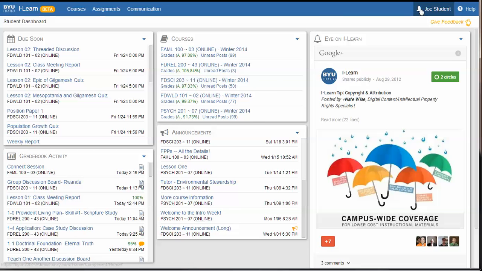In the upper right hand corner, we have the user menu as well as a help menu. Underneath the user menu, you have My Quick Links, which are defaulted to some recommended links which you can edit in your profile and preferences, an option to return to the classic iLearn, and an option to log out of the system. If you select Profile Preferences,